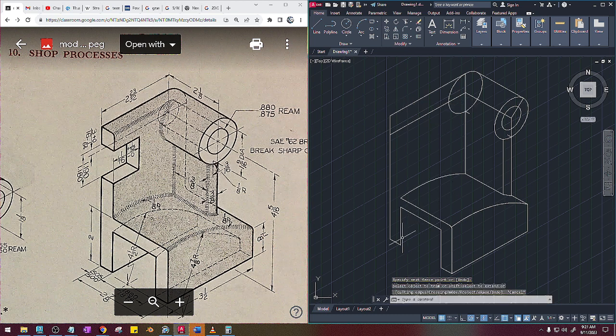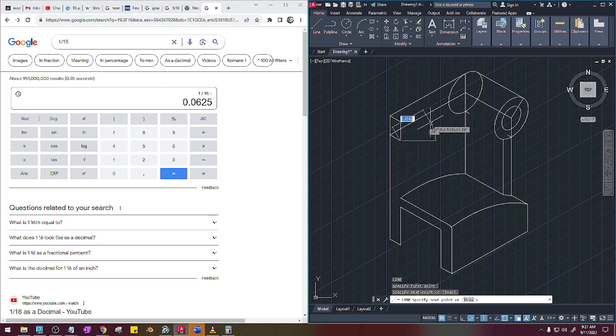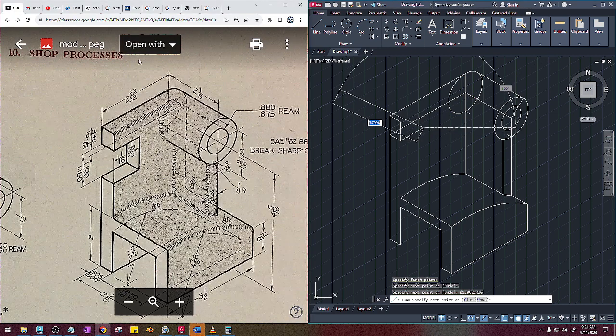And the thickness of this is this line right here, so left click, right click, copy from this point, that point. Okay, and this comes back 1 and 1/16 this way. Ignore that section right there. 1 and 1/16 this way. 1/16 as a decimal is 0.0625, so 1.0625, 1.0625 at 30, and then I'm coming down, just use the first number, 1.19, 1.19 at 270, and then back out,